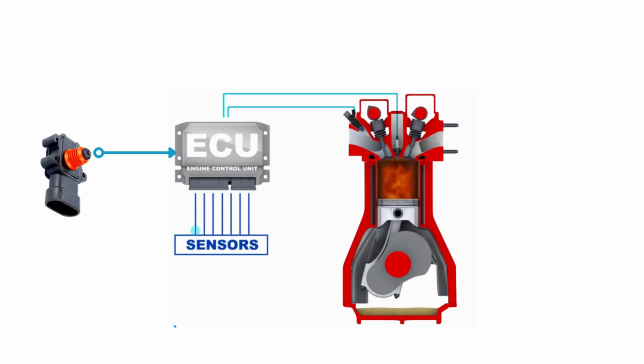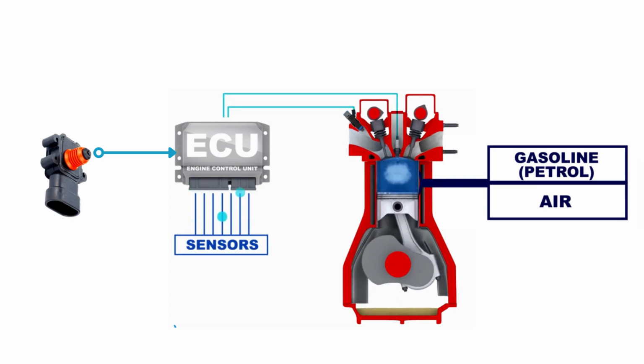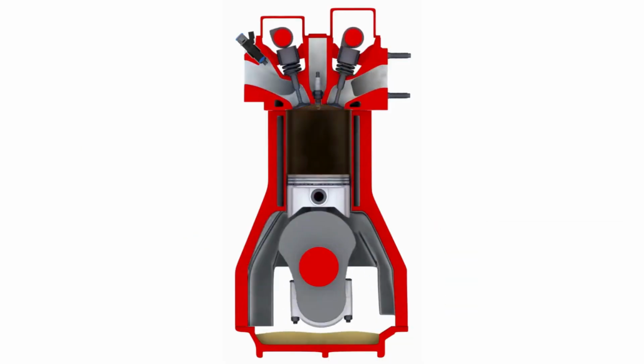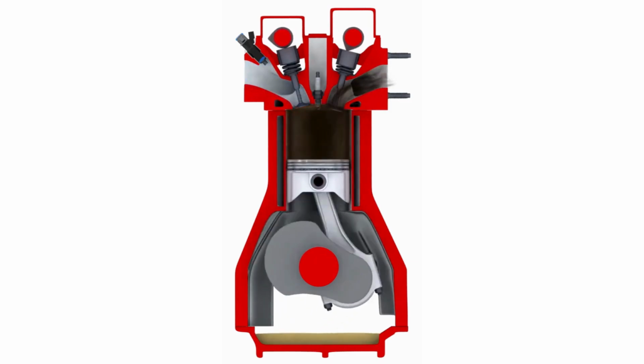In simple terms, the MAP sensor tells the ECU how hard the engine is working, so it knows exactly how much fuel to inject. The more air entering the engine, the more fuel is needed to maintain the proper air-fuel mixture. Now let's look at why